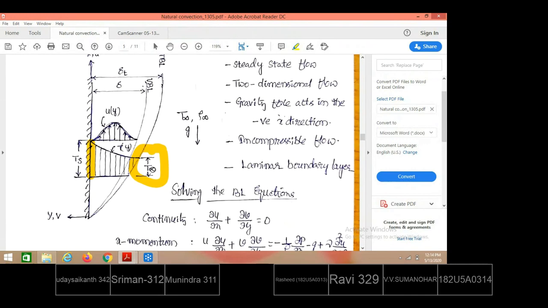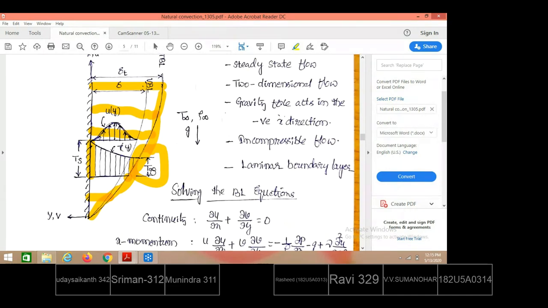This is the height, and we call it the thermal boundary layer thickness. Similarly, for different sections we can identify those thicknesses. At this section, the height where the temperature is T infinity; at this section, the temperature will again be the same as T infinity; at this section too, and at this section the temperature will be T infinity at this height. By joining all these heights, we get the development of the thermal boundary layer thickness.